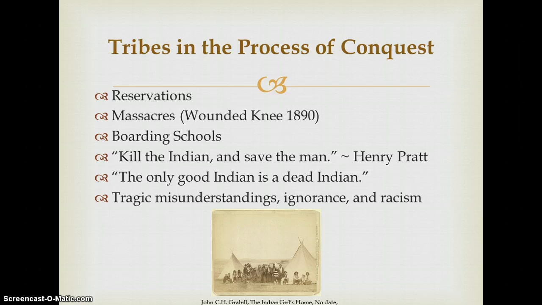The reservation system was widely used. This system was a process where the government allotted a small portion of the tribe's homeland, usually, and through threats, violence, and coercion, forced the tribes onto reservations. Another process of conquest was